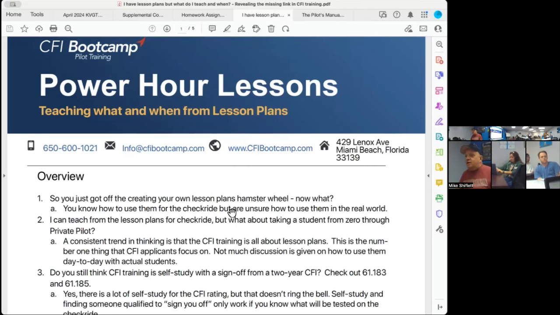And then it's like, how do I use these? I know how to use them individually, but how am I going to use them collectively? Where do they go? What would I teach first? And then you think, I've got a great idea: I'll go look through my logbook and see what my instructor did. Bad idea.